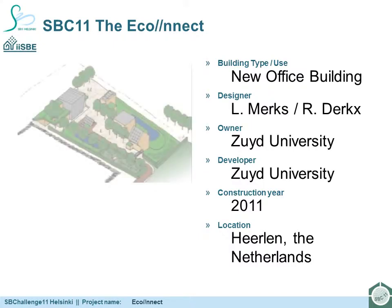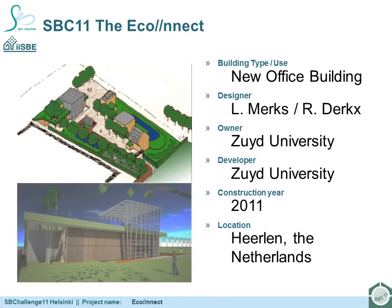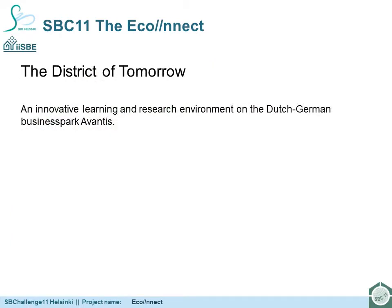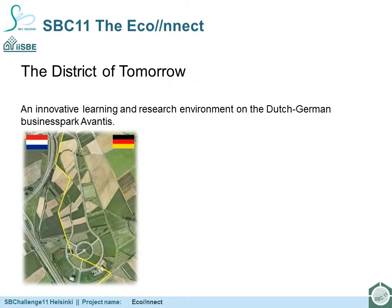The nnect is the second building of 4 being realized within the innovative learning and research environment called the District of Tomorrow, where we work on knowledge and expertise to realize a zero-impact built environment. The District of Tomorrow is an innovative learning and research environment on the cross-border business park Avantis in Heerlen, the